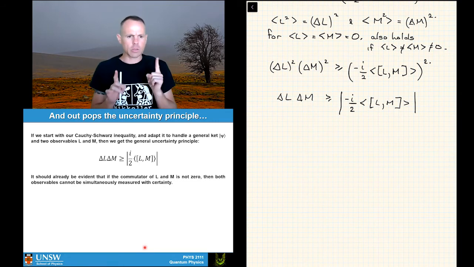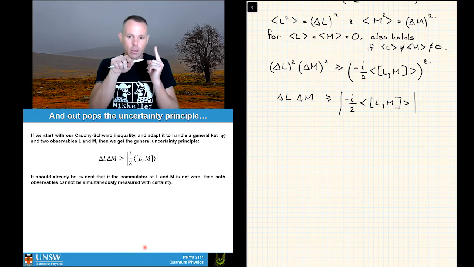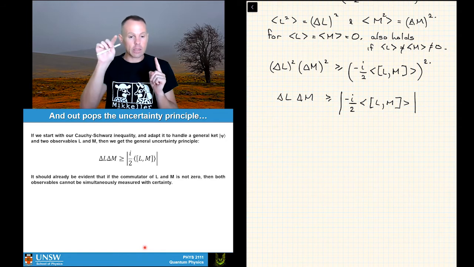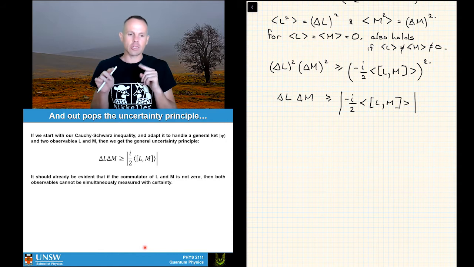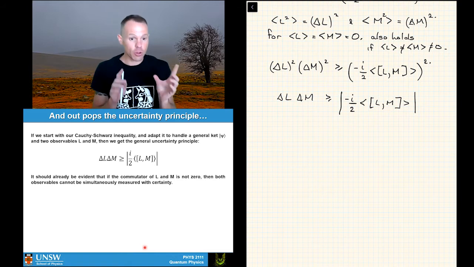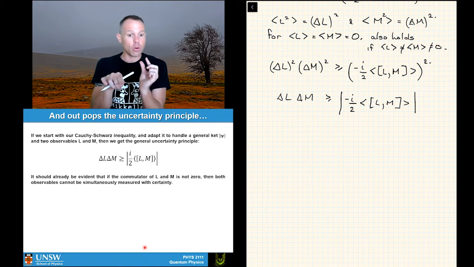And there's whole piles of cases where this is true. So for example, if you measure position X and momentum not in the X direction, but in the Y direction, I'll let you do this one for yourself because it's a nice exercise. You go through, you take X, you get the commutator, but now using the PY operator. So it would be minus i h bar d over dy. If you work through the same logic you did before to get the commutator, now the commutator is 0, not i h bar. And if you put that into here, then you find out that you can measure with absolute certainty position X and momentum in the Y direction with no problem at all, okay?